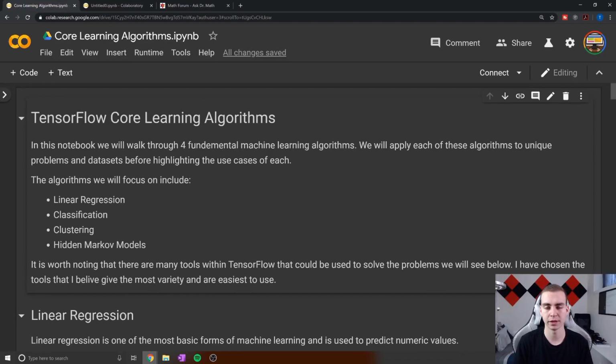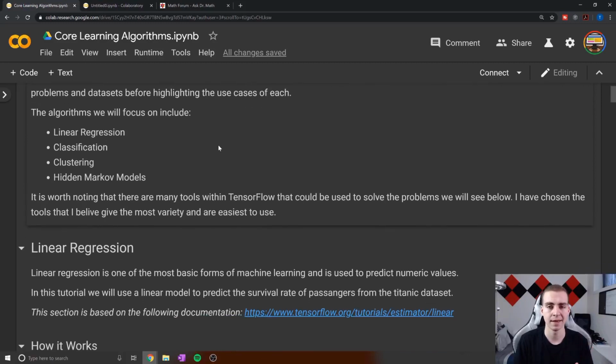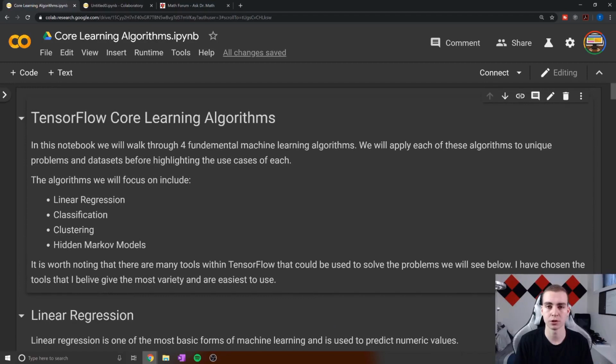And the last note before we really get into it, and I'm sorry I'm talking a lot, but it is important to make you guys aware of this, you're going to see that we use a lot of complicated syntax throughout this kind of series and the rest of the course in general. I just want to make it extremely clear that you should not have to memorize or even feel obligated to memorize any of the syntax that you see. Everything that you see here, I personally don't even have memorized. There's a lot of what's in here that I can't just come up with off the top of my head. When we're dealing with a library and module so big as TensorFlow, it's hard to memorize all those different components. So just make sure you understand what's happening, but you don't need to memorize it.